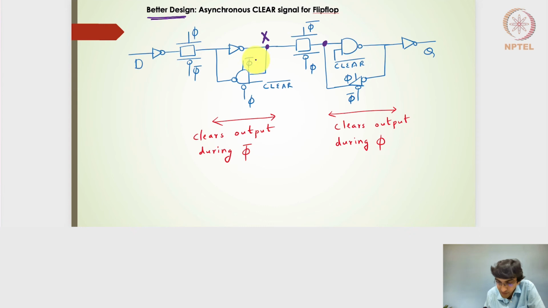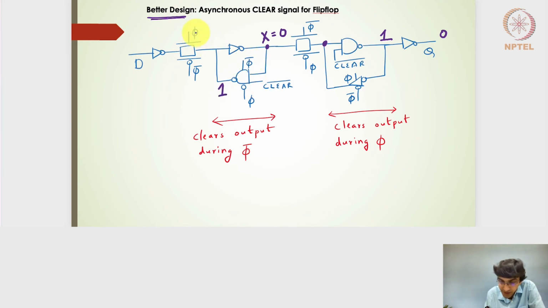For doing that, in this better design, there is a clocked NAND gate. This clocked NAND gate will ensure that during phi bar, when the transmission gate is likely to pass the X signal onto the other side, this X signal should be cleared. So if I have this clear signal pressed, I know that the output here will be 1 and this will be 0. But at the same time, this will be 1 here and then X will be 0. So no matter what D is given here,